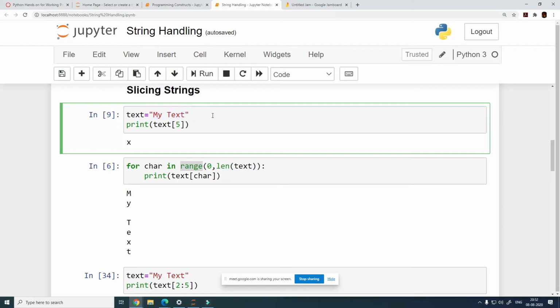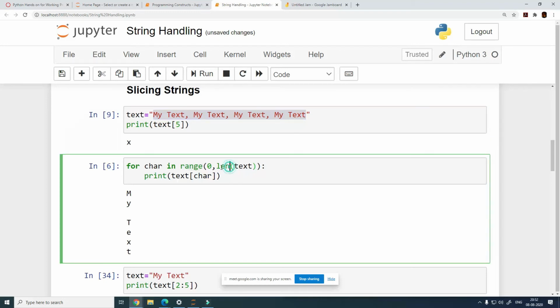But if my text is bigger, then what will you do? Will you keep changing the for loop because the text has become bigger? That is where you should not be required to count the number of characters, because it is not going to be an easy task. So for that, what we are specifying here is the length of the text. We are using a function called len that we are learning today, and when you print the len of,